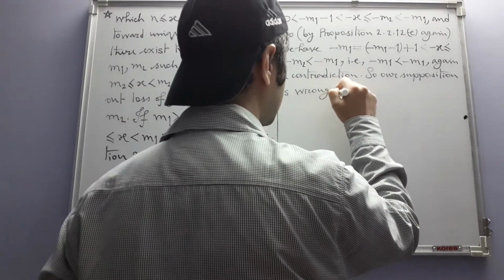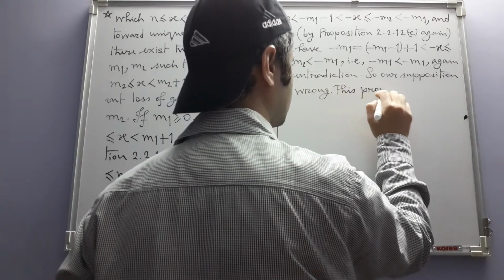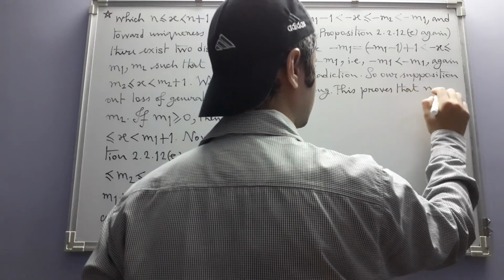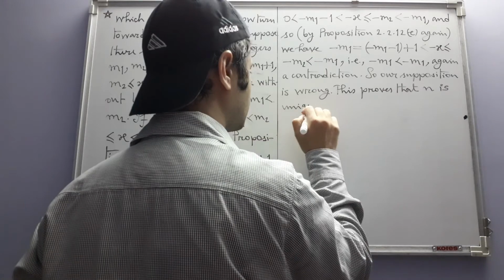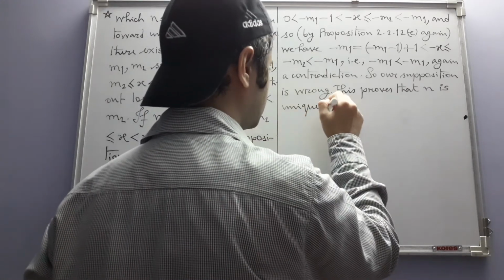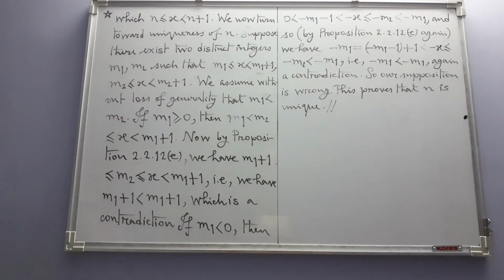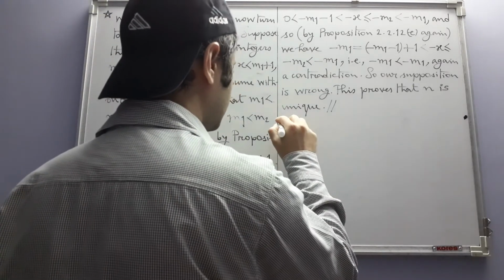This proves that n is unique, and this completes the proof of the proposition and hence the solution to this exercise. The next